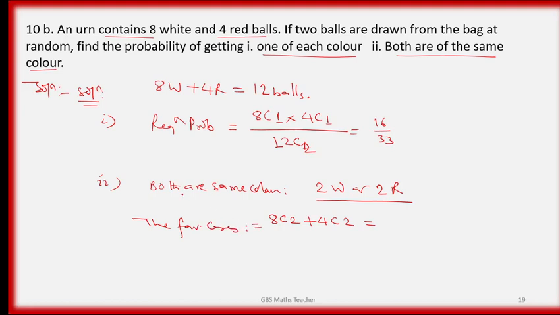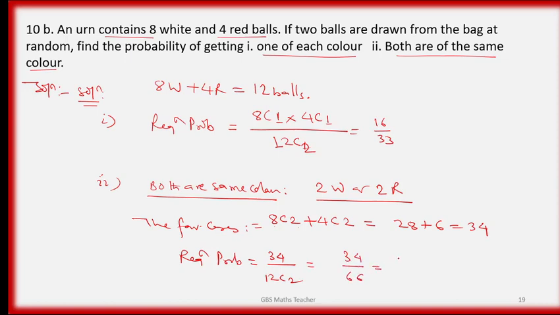फेरि बुझ्नुहोस्, both are same color, दुईटा छानेको छ बल, कि दुईटै व्हाइट आउनु पर्यो और कुन कि दुईटै रेड आउनु पर्यो, और भन्ने ती प्लस भयो, दुईटै व्हाइट आउने प्रोबेबिलिटी 8C2 एन्ड दुईटै रेड आउने 4C2। दिस इज द फेभरेबल केसेस। यो भनेको तपाईको 8C2 भनेको चाहिँ तपाई 28 हुन्छ, 4C2 भनेको 6 हुन्छ, यो 34 हुन्छ। एन्ड द रिक्वायर्ड प्रोबेबिलिटी कति हुन्छ भन्दा 34 बाइ टोटल भनेको 12C2 नै हो। 12C2 भनेको 34 बाइ 66 हुन सक्छ, यो 17 बाइ 33 हुन सक्छ।